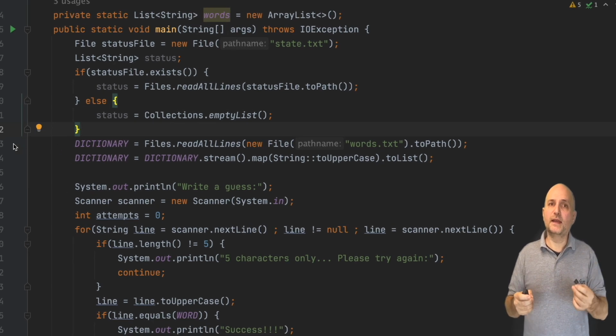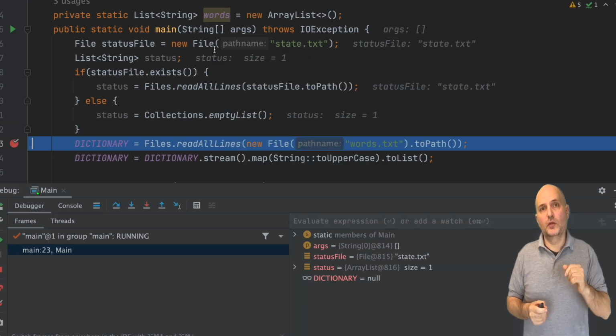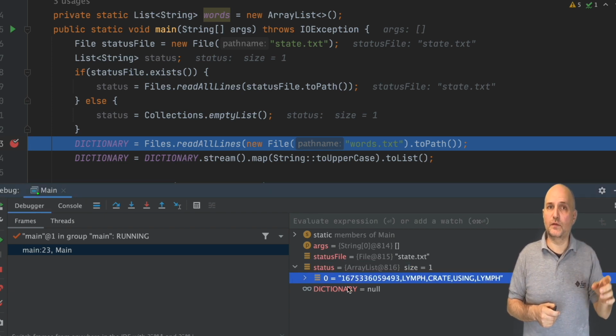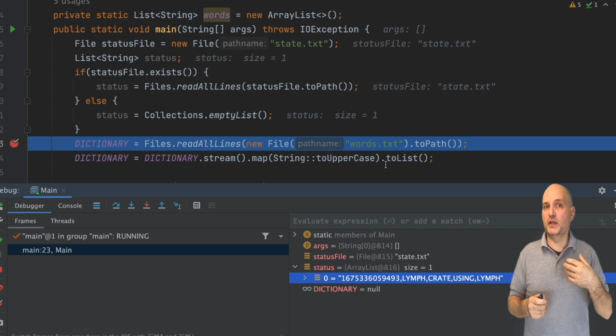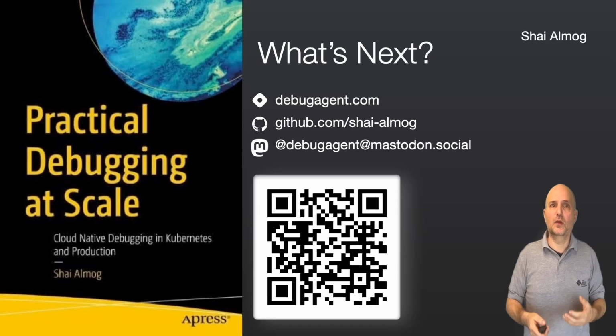We can now place a breakpoint and run. Notice that if I hadn't declared the status variable outside of the if block, we wouldn't have been able to access it in the method scope. Once we do that, we can inspect the loaded file. I ran this before and I already have a file there. As you can see, we can look at the bottom right and see the results of that run. This is cool, but also a bit problematic. How do we read something like that and work with it? We will discuss this in the next video and also get into why we need object-oriented to do that.